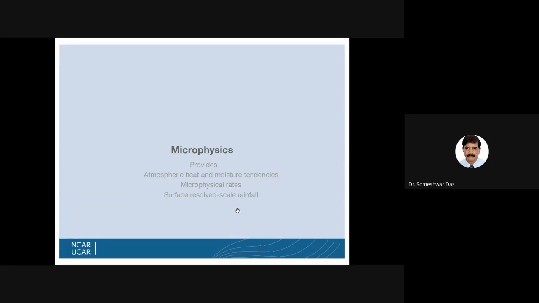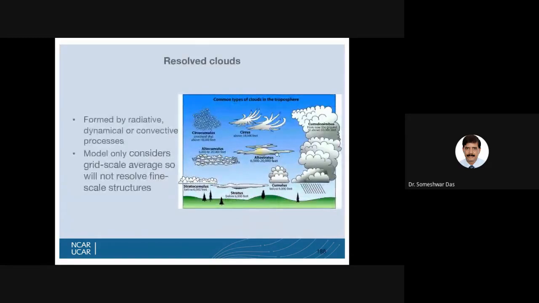Okay. Now, these are the illustrations. You must have seen this slide before, I guess. They are the common types of clouds illustrated here. And these cloud species are very important for the radiation parameterization scheme also, because you need to calculate the effect of individual clouds on the radiation for cloud radiation interaction. You need to know what the droplet size is, how much the cloud cover is, the droplet number, size distribution, etc.